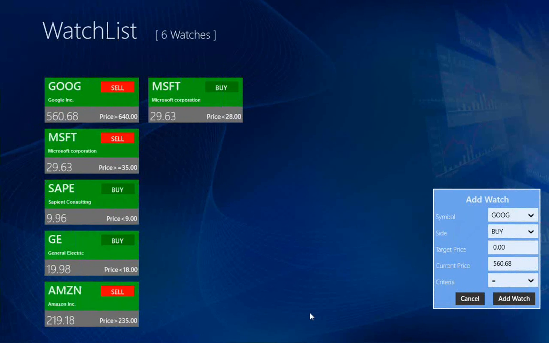When I clicked on Add to Watch, that brought up the watch list application with the Add Watch window open, and you would notice that the security I had selected on the order is automatically pre-populated over here. So I can place a watch over here and say Add to Watch.